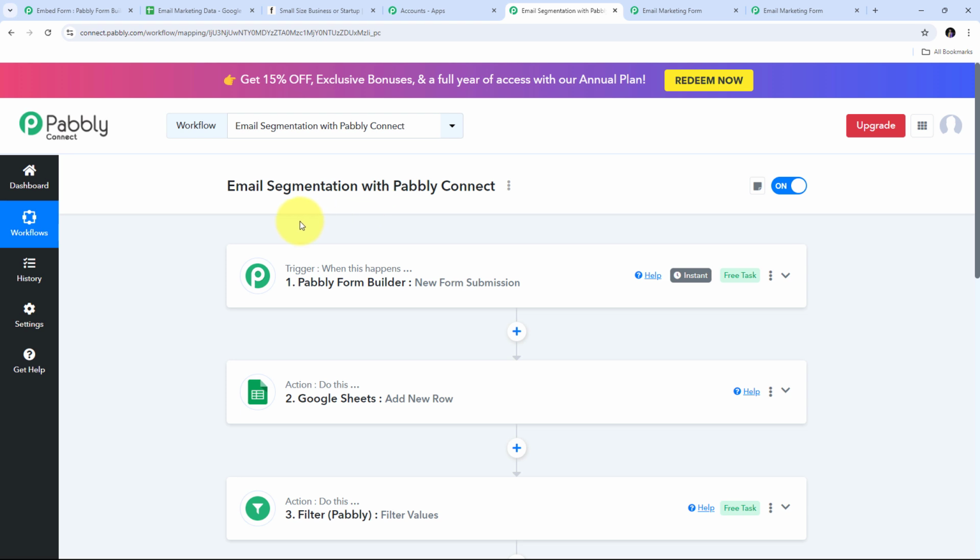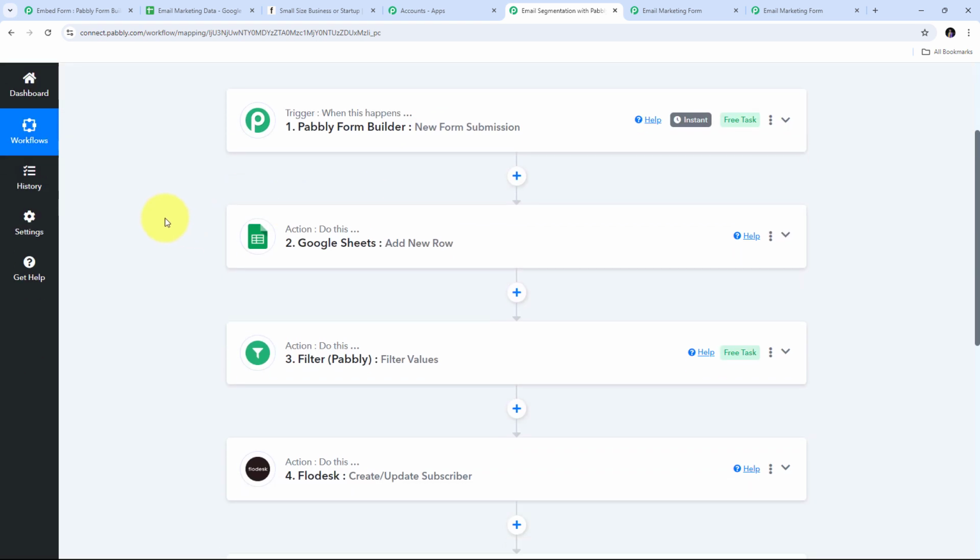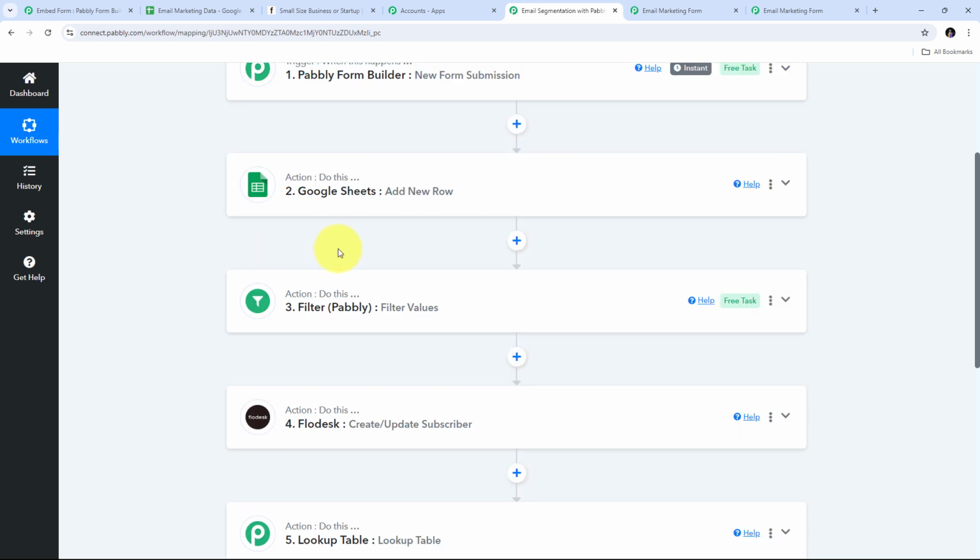So let's summarize what we did here. So first I have set up my trigger, and in my trigger I have used Pabbly Form Builder, and here my trigger event was new form submission. Then I have set up my actions tab, and my action application was Google Sheets, and my action event was add new row. Then I have set up my filter, and in my filter I have used a condition that